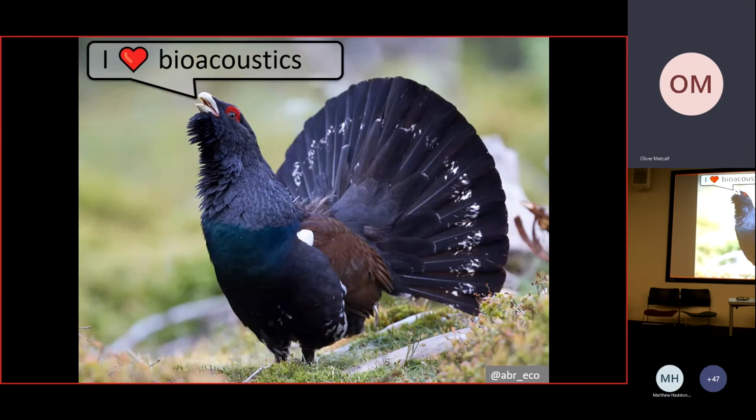I'm not sure if it would work, but is there an application for surround sound systems in this? As in, to record surround sound and then do the count afterwards. Potentially, yes. Becky was talking about time of arrival differences at location, and lekking birds would be a prime use for that, because we're in fairly constrained